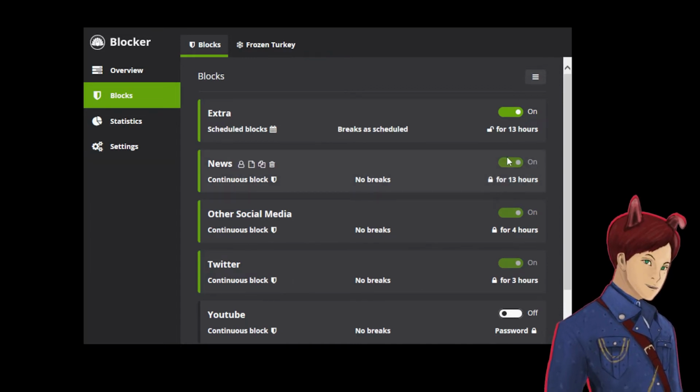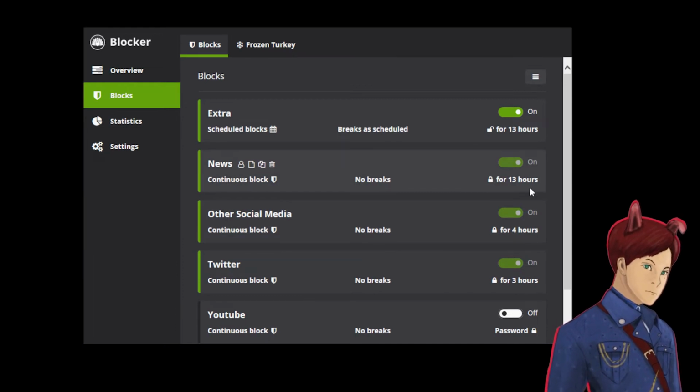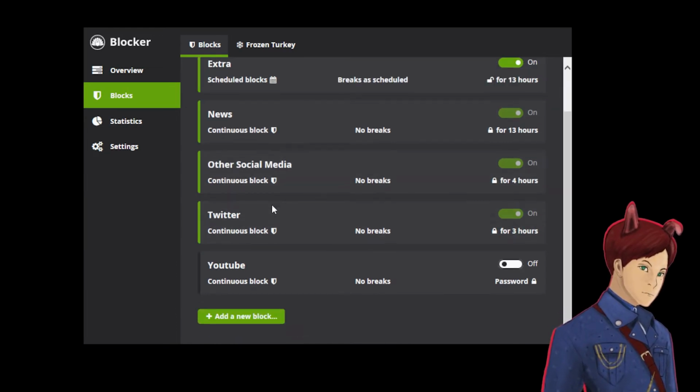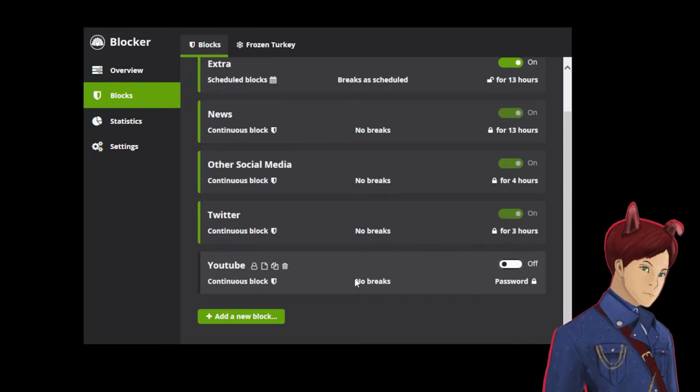So when it unlocks, then I can choose this. But usually I do this. This has been permanently on forever. Like I said, the news is on my phone. I don't touch it. So according to how you want to segment your digital space to improve productivity, you can put Twitter on, you can block Twitter forever, have Twitter only on your phone, have Twitter only on your tablet, and so on and so forth.